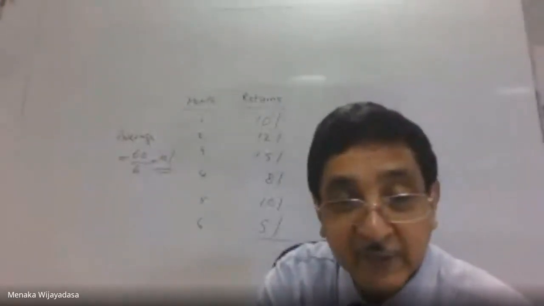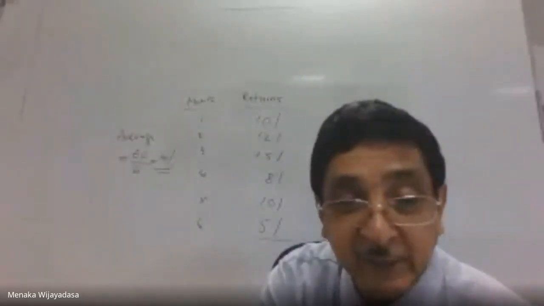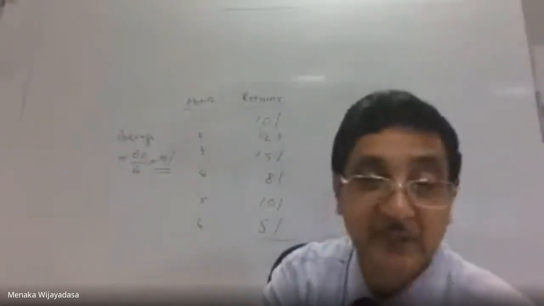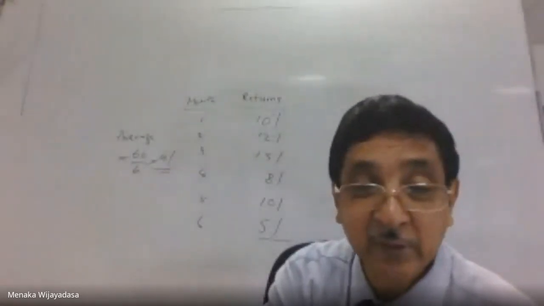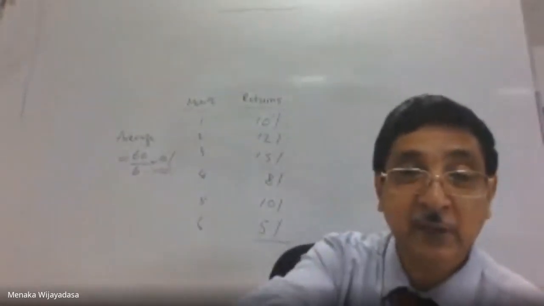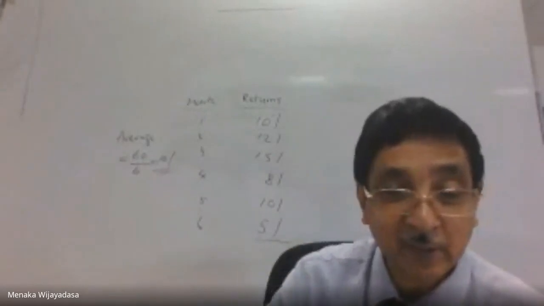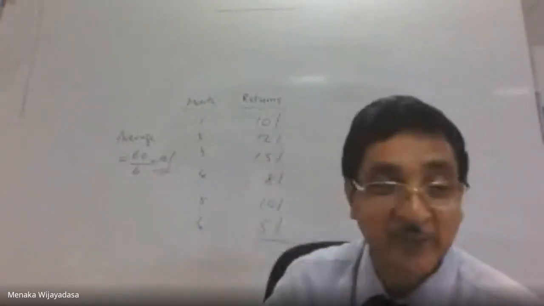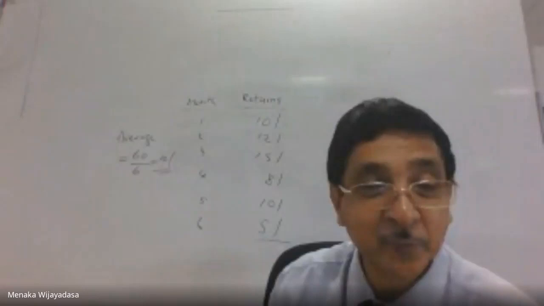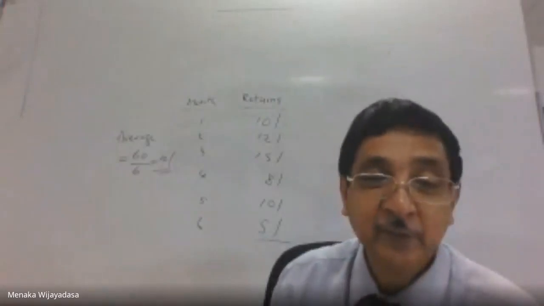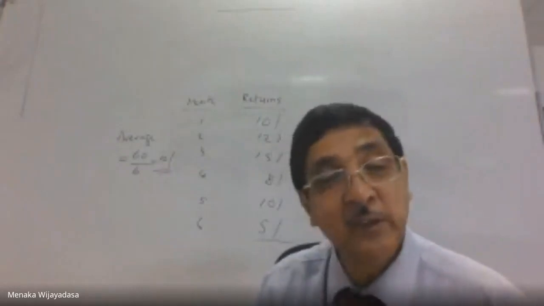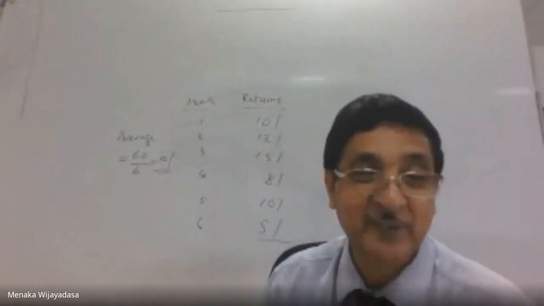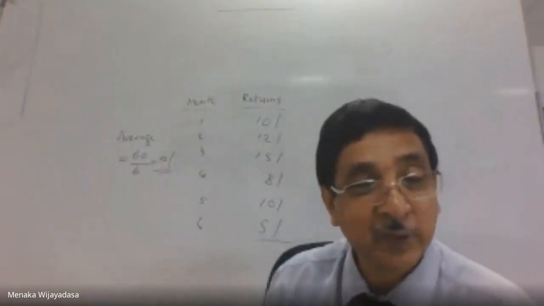Now you can see the difference here. Earlier, what we did was we went through the probabilities. Here we don't need to have probabilities because we assume all these things will come with the same probability. There's no probability calculation here. We have only numbers. We add all the numbers and divide by the number of points. Then you get the mean value.